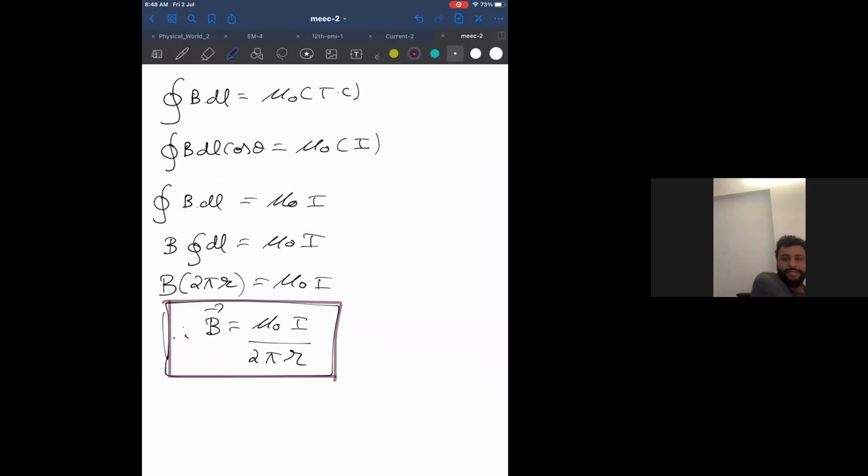Now, in this derivation, don't you agree that this is a derivation of a circle only that we have done? We have assumed a circle. Correct? But what is a toroid? A toroid is a circle with n number of turns. Therefore, I just need to add n everywhere, and I get my answer for the toroid. In the first derivation we did not take n number of turns. In the first derivation itself, on the right hand side, if you add n, because it's a circle with n number of turns, you will get your answer for the toroid.